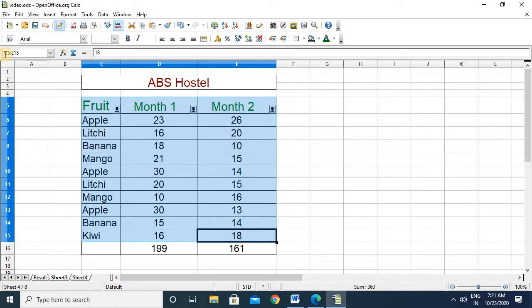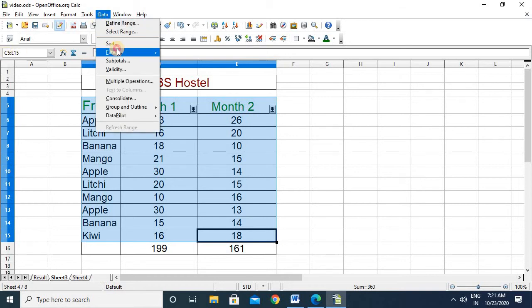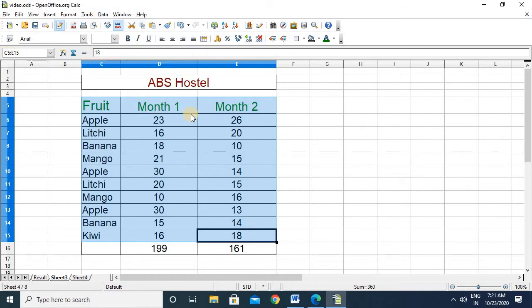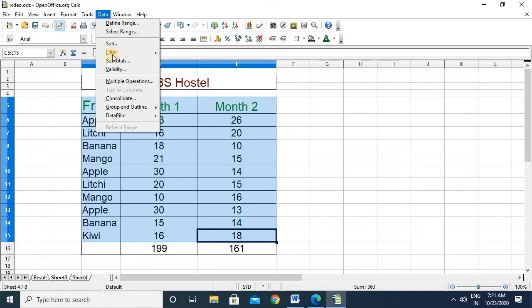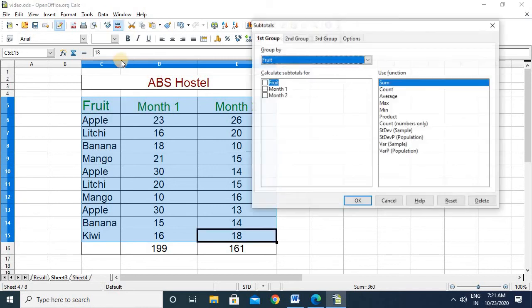Now remove the filter, and let me show how we make the subtotal by Data, Subtotals. I'll show you one by one. We'll click on subtotal by fruit, month 1, month 2.